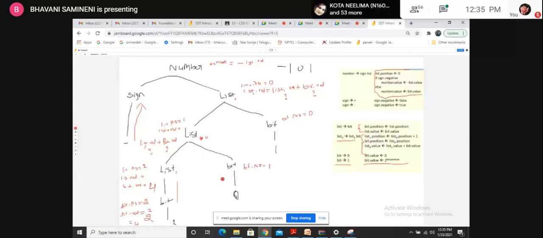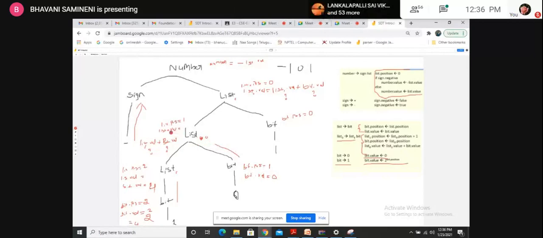Again next here. Now I am reducing 0 to bit. Bit to 0 means this one. What is the semantic action I have to specify? The semantic action is bit dot value is equal to 0. Now I'm reducing LB to L. The pending action is here.